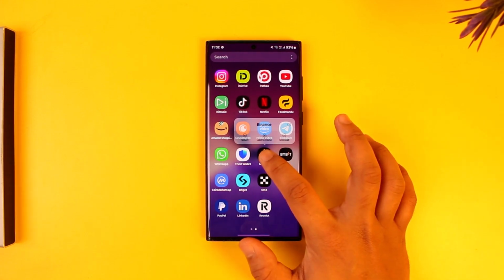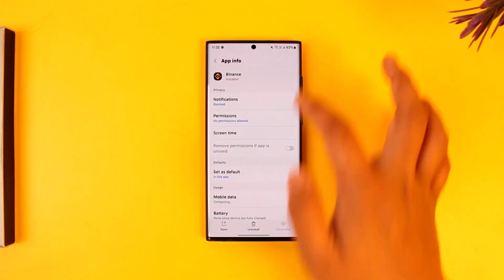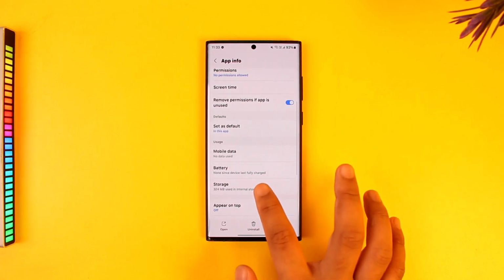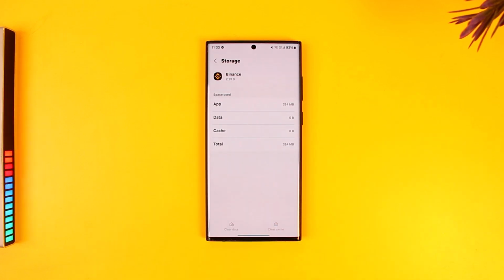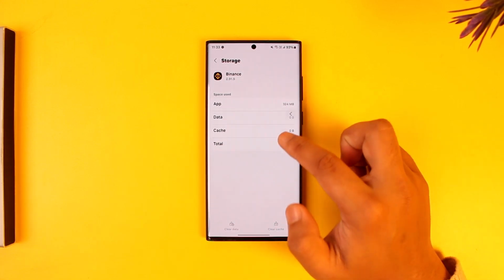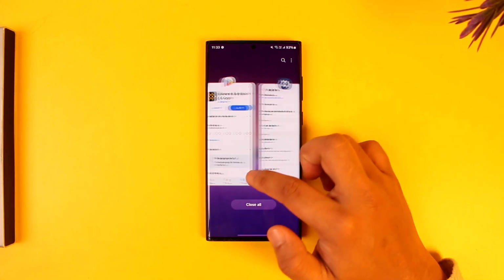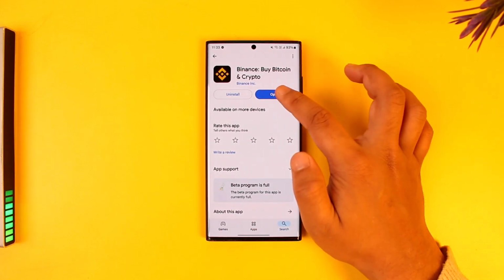So you can long press the Binance app icon, tap on the I button, which will take you to the app info page. From there, you can go to storage, clear the cache files, and clear the data. If you're on Android. If you're on an iPhone, by the way, then you have to simply offload or reinstall the app completely. Once we've done that, the last of all why you could be having the issue is due